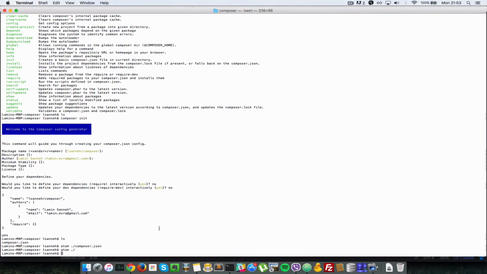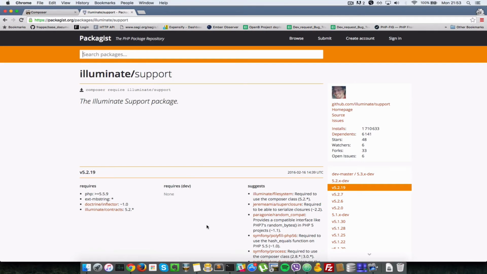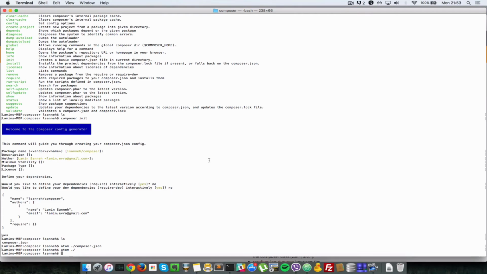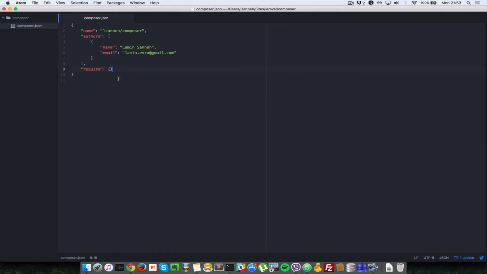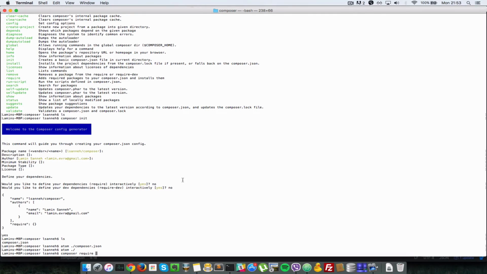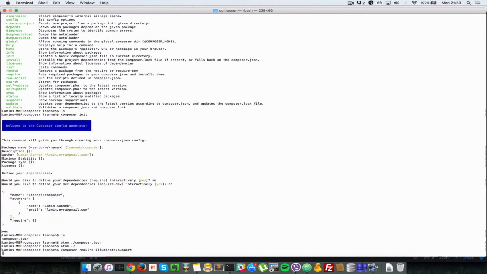So next, what we want to do is install that Illuminate support package. And how you do that is, for now, just type composer require. Basically, you want to add it to this file here. So this file is what keeps track of which composer packages you have installed. So type composer require and the name of the package, which is illuminate/support. Okay, so I'll press enter, and that will go to the GitHub URL for this package and pull down